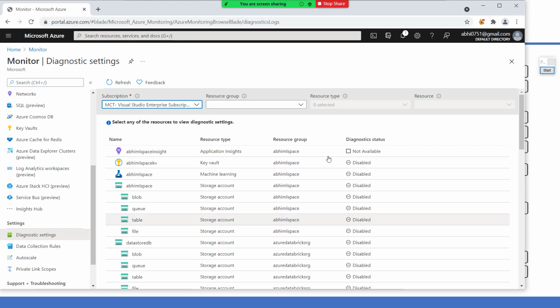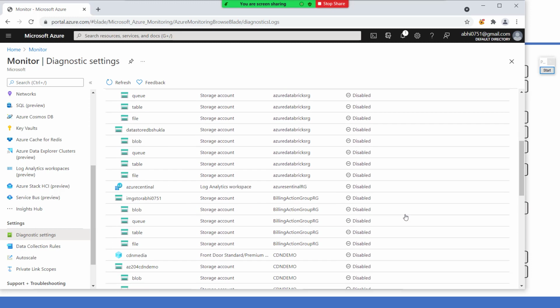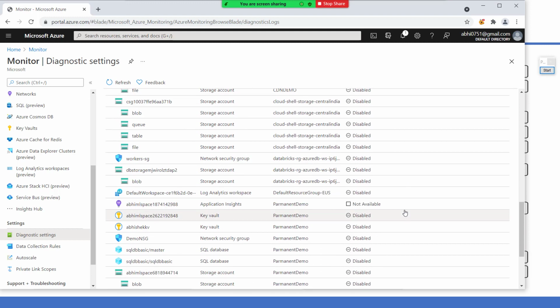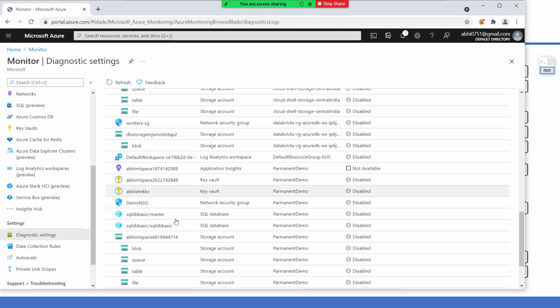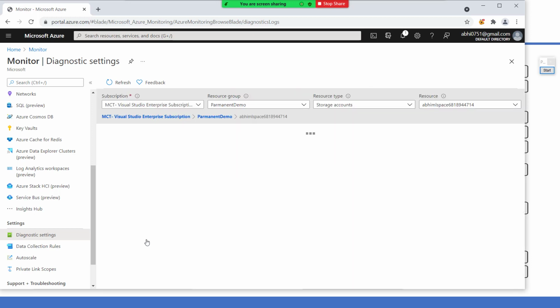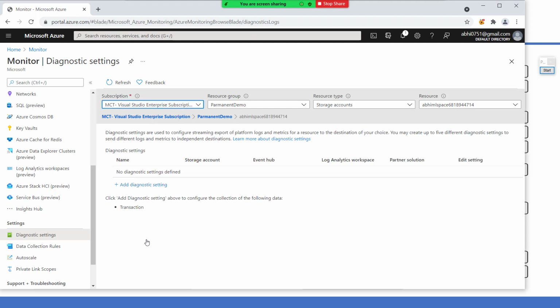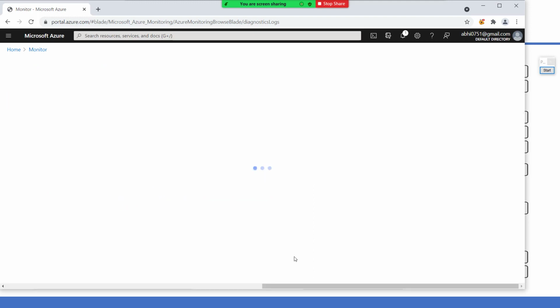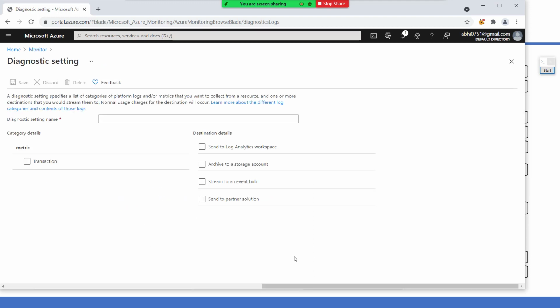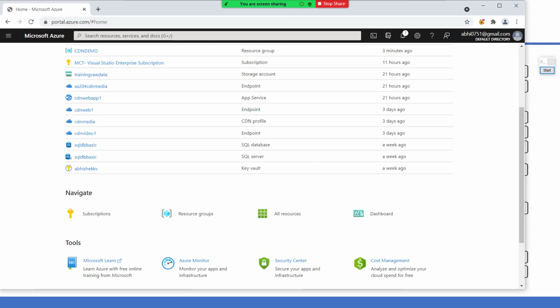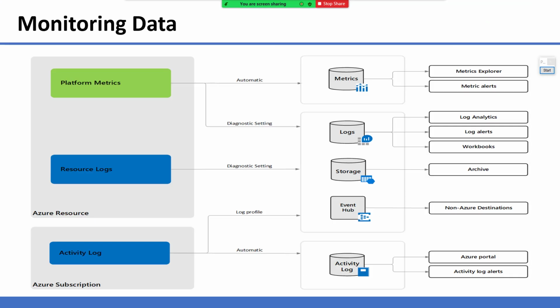So you can see that you have this number of resources available which support diagnostic setting, but it is not enabled for any of them, right? So if you would like to enable them, yes, you can enable them from here also. Clear? Okay.